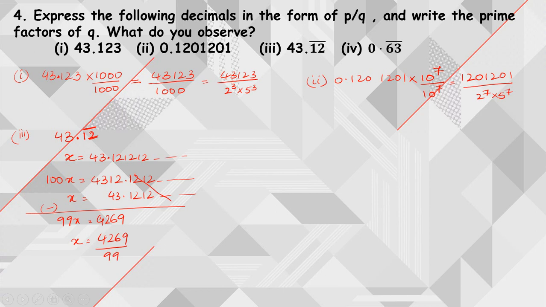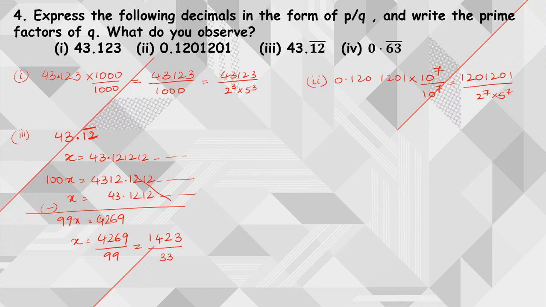So is there any possibility of cancellation? 4 plus 2 is 6. Now in the 3 table if I cancel it out, 3 1s are 3, 3 4s are 12, 3 2s are 6, 3 3s are 9, so by the 3 table if I cancel it out, 33. Next, if I see furthermore, 1 plus 4 is 5, 5 plus 2 is 7, 7 plus 3 is 10. So there is no cancellation for the 3 table. If I go with the 11 table, 11 ones are 11, next 32. So 32 means 2 times 22, so it is not cancelling.